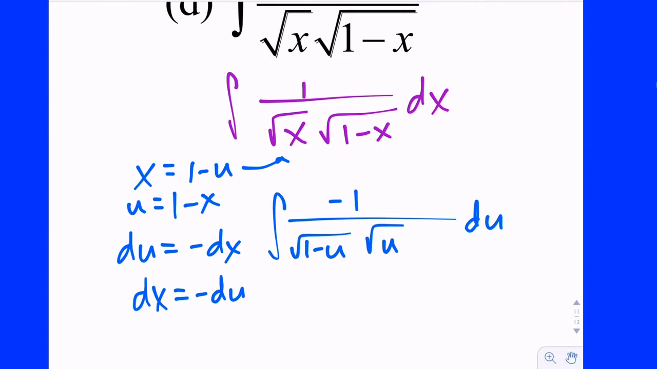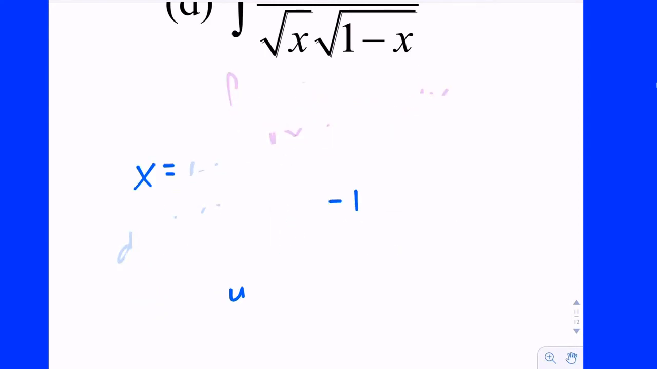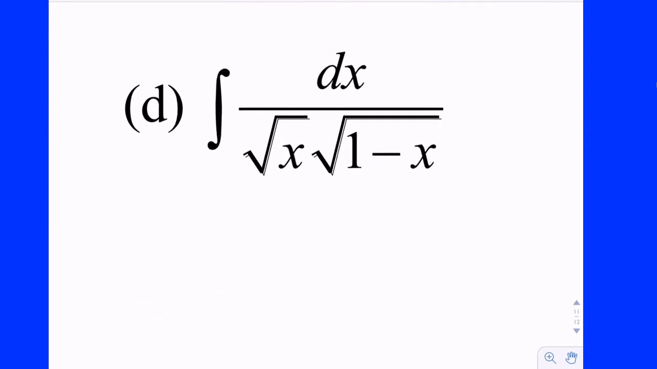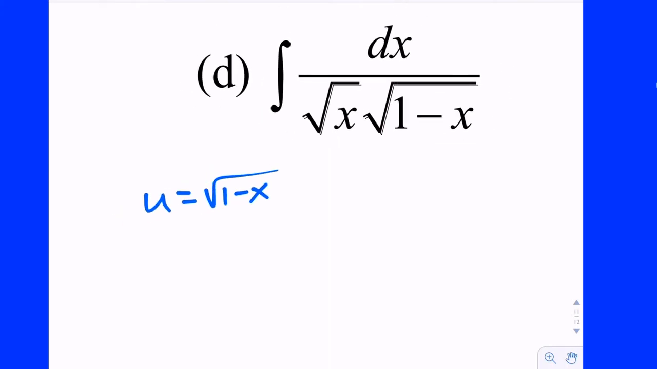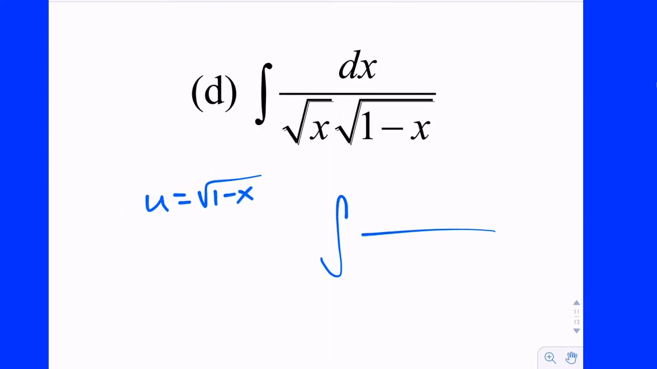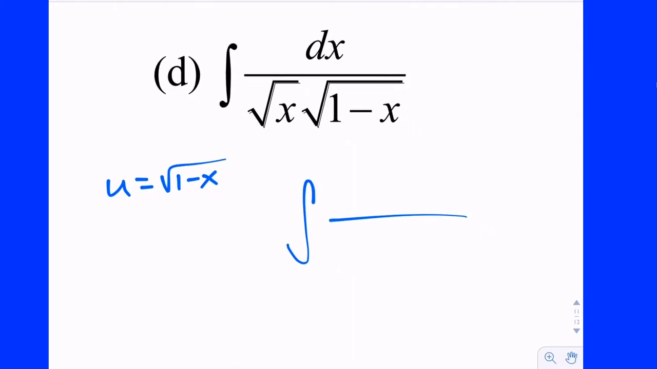So let's try a different substitution. What else could we do? It was good, worth a try, right? You get experience that way. Making u what? The square root of 1 minus x? Okay. Let's try that. So that would become the integral of,